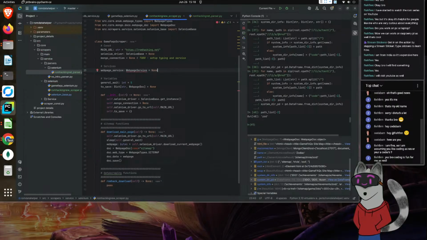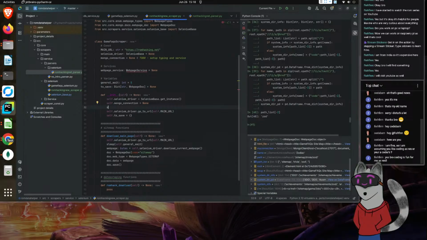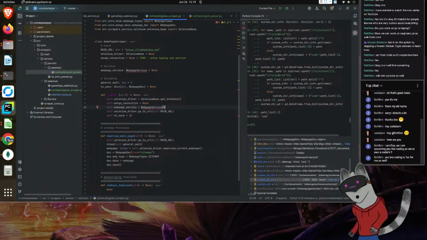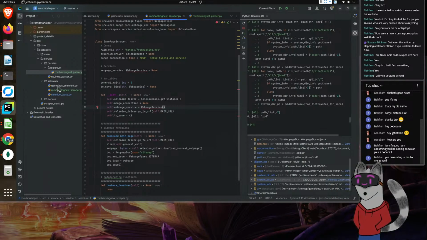And we'll have to simply call this once we set it up. So self dot web page service is going to equal web page service, like that. And let's go set up our service.